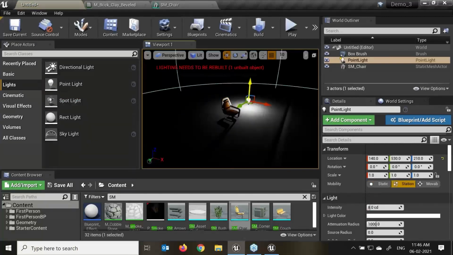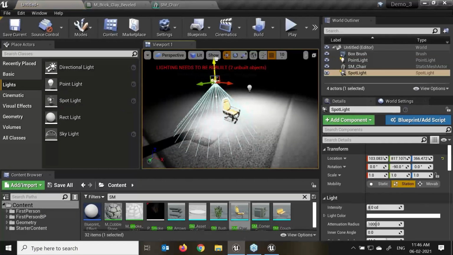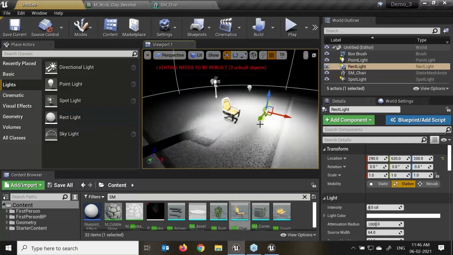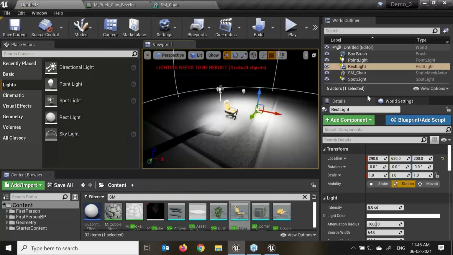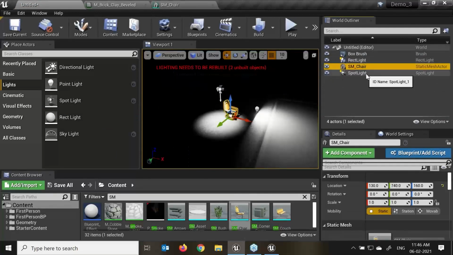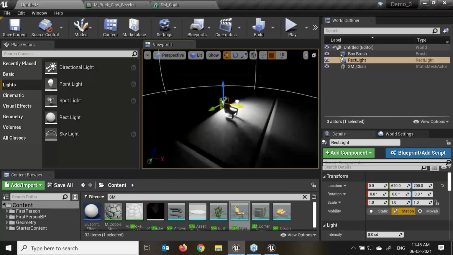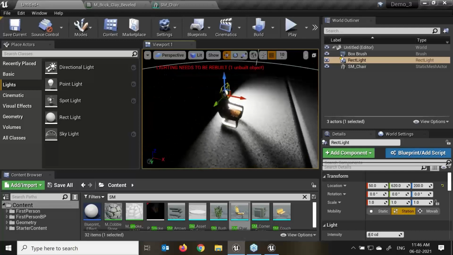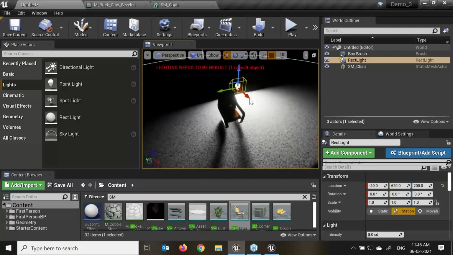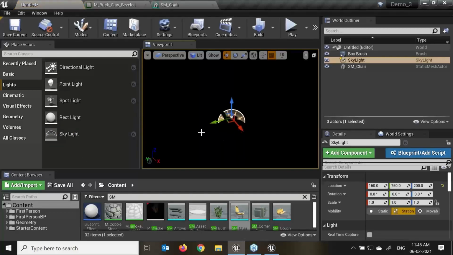Spotlight emits light from a single point. I'll just drag and drop over here. This is my point light. If I drag and drop over here, this will be my spotlight. And when we talk about the directional light, this will be the one directional light over here. Let me delete this point light and the spotlight. Here we can say this is directed only along one axis. This is the rectangle light over here. Then we have the skylight over here, which will give environment-type effects. I will show how to connect all of this together.